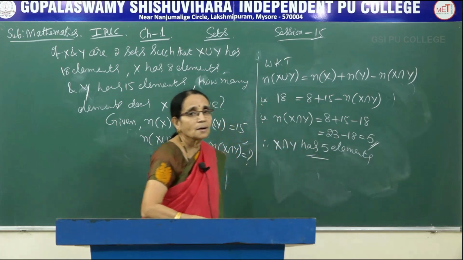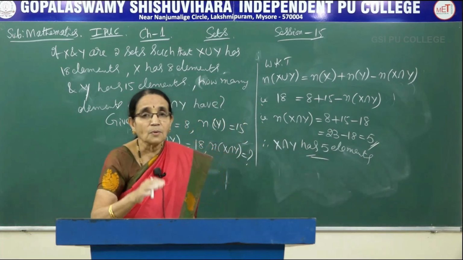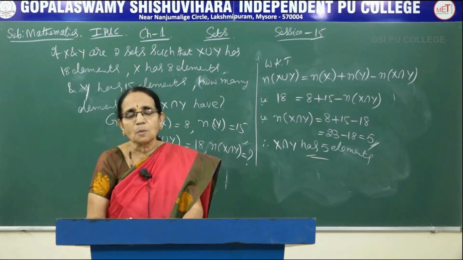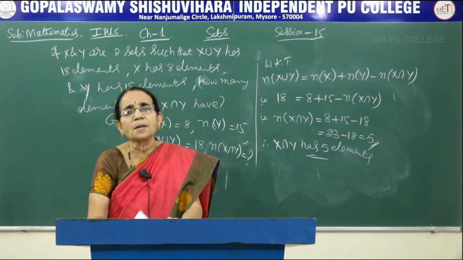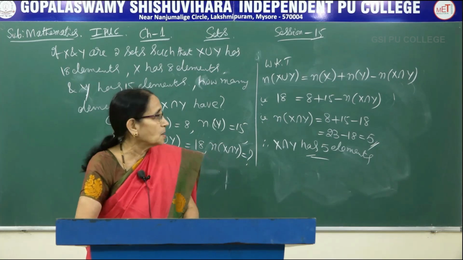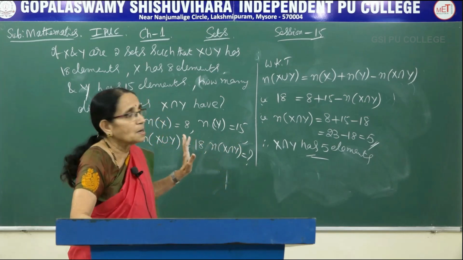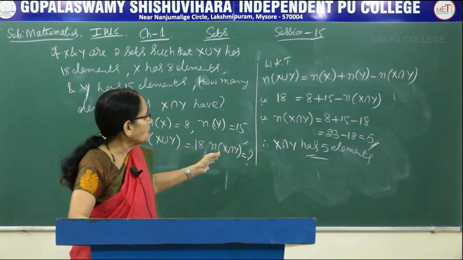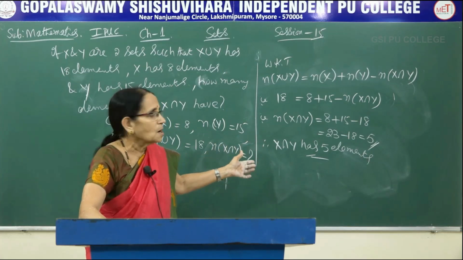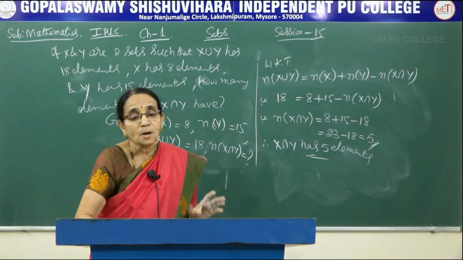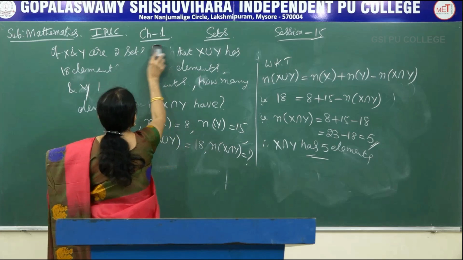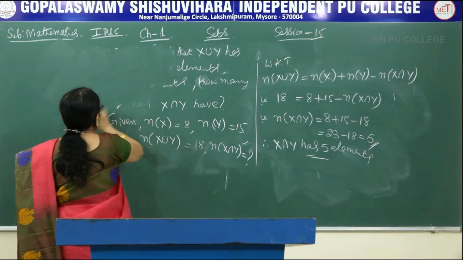See, you have to write the answer in whatever way it has been asked in the problem. In the previous problem, they have just given find n of x intersection y, so I wrote it like that. Whereas in this one, they have asked in a sentence how many elements it has. Therefore, after calculation, the meaning is the same, but the presentation is different. So x intersection y has 5 elements. Even this can be expected either for a 2 or a 3 mark question.